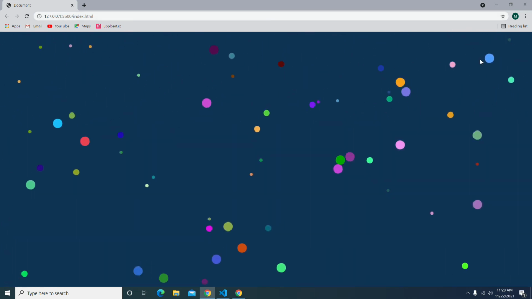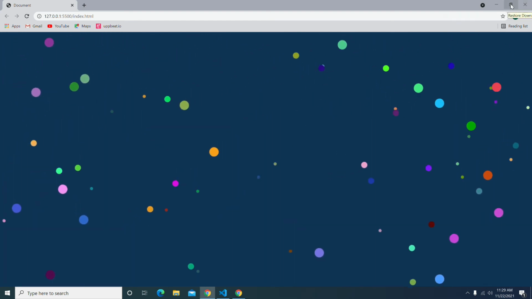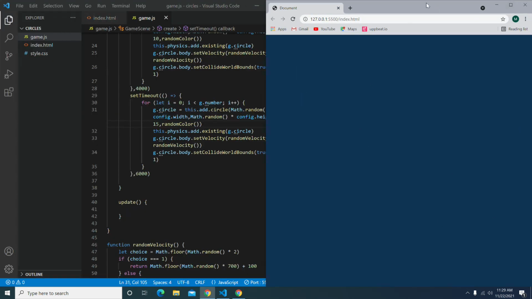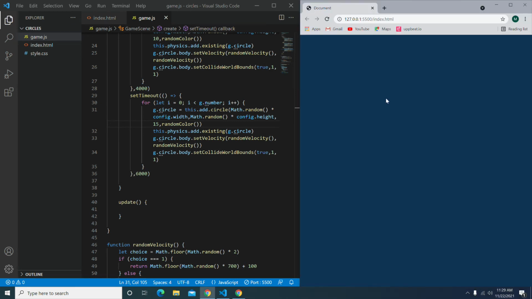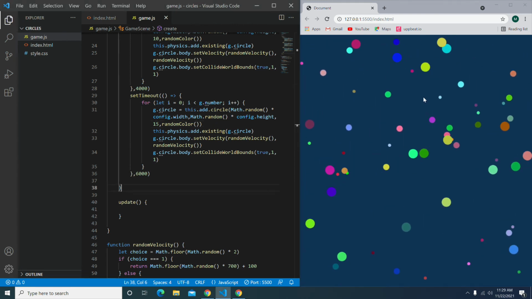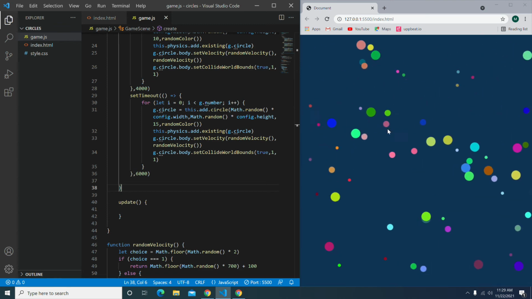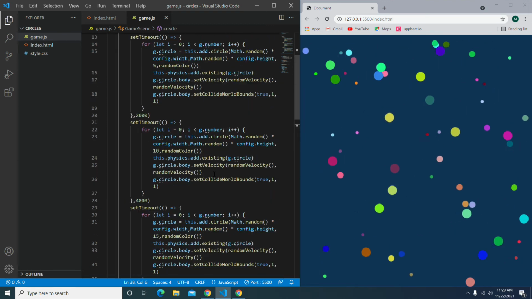You're going to have that cool effect here. One more thing I want to show you is there's another method. So I want these colors to change constantly. If you want the colors of the circles to change,